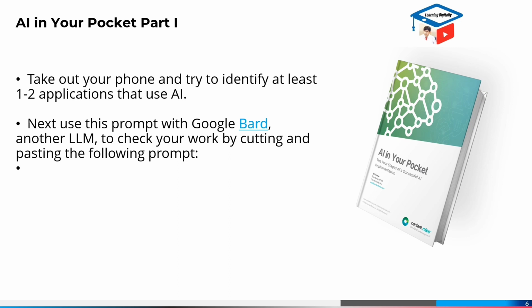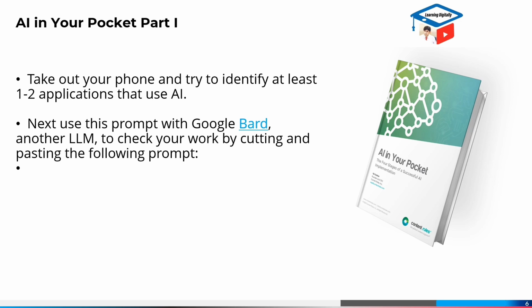Now please generate a list of 10 to 20 common apps on smartphones that use AI, machine learning or NLP, and briefly explain in a sentence or two how they use them. Please do not include Siri, Amazon Alexa, Netflix or Google Maps. Okay, what will you write about these AI based applications in one or two sentences? Write those sentences in the comment box so that I may know how much you learn and how much you get through